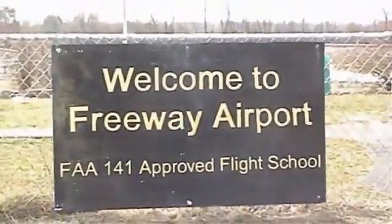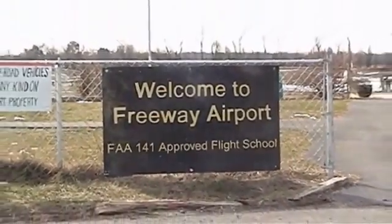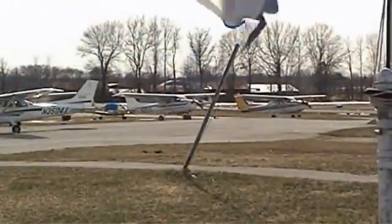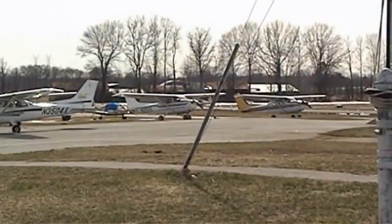Hanjour had come to Freeway Airport in Bowie, Maryland, 1 month earlier seeking to rent a small plane. However, when Hanjour went on 3 test runs in the second week of August, he had trouble controlling and landing